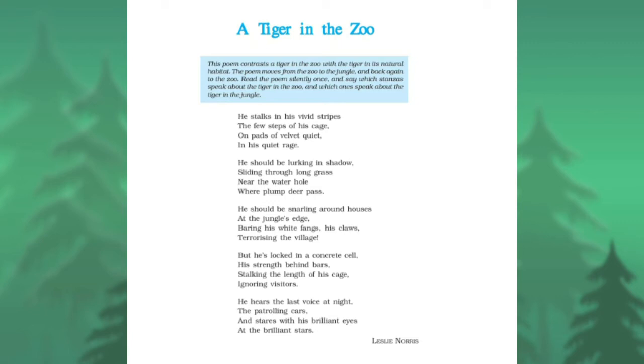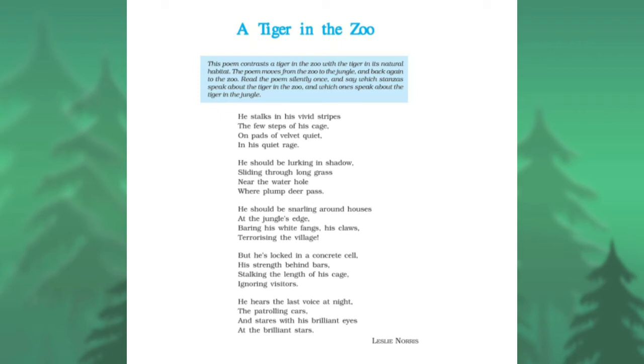Slide means he will move slowly through the long grass. He will try to hide beneath or behind the long grass, right? And the tiger will go slowly near the water hole. Now what is the meaning of water hole? Water hole means the lake or pond in the middle of the jungle where all the rest of the animals come and quench their thirst. So near the water hole the tiger